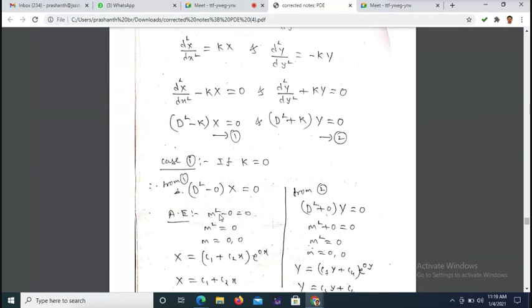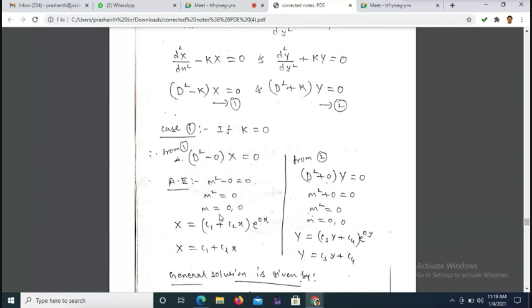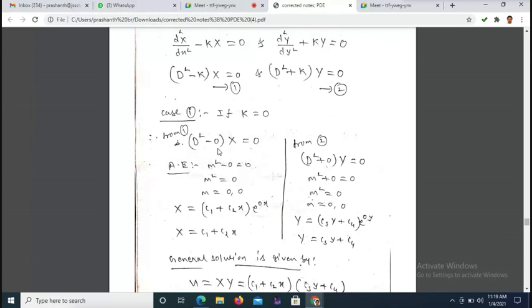Since k is 0, the auxiliary equation becomes what? You already studied in the second semester how to solve differential equations by using the D operator method. We have done that last semester. Many methods are there. Here the right side is 0, so there is no need to find the particular integral. Only the complementary function you are finding. If some function is there instead of 0, you apply the particular integral, but here only the complementary function is required.